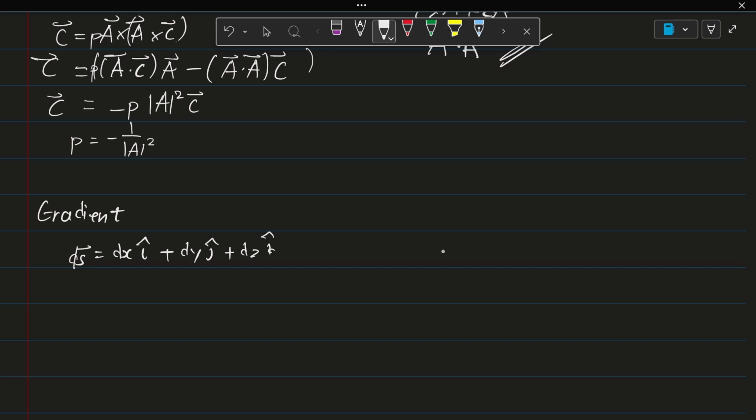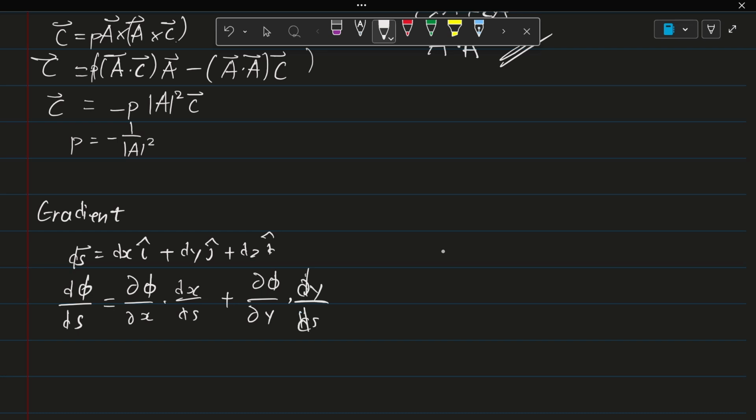And so if you're interested in a scalar value and you want to do the derivative within this direction, this could be expressed as a partial derivative. So we could do it for the x direction first, dx over ds, and then we can do it in the y direction, dy over ds, and finally in the z direction,